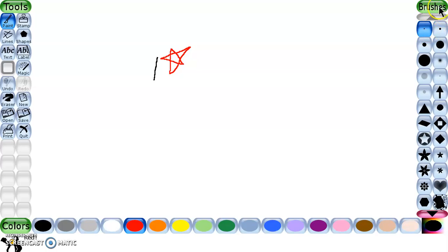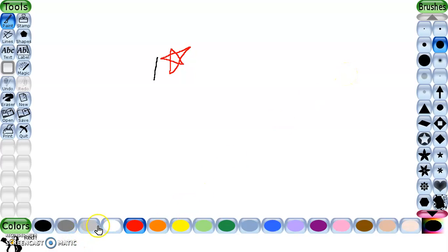If you select the brushes, the brush tool for example, the selector shows various sizes of the brushes available. You can see this is the smallest size of the brush. It is a little bit bigger. It is bigger still. And this is the biggest. You can select any size from here.